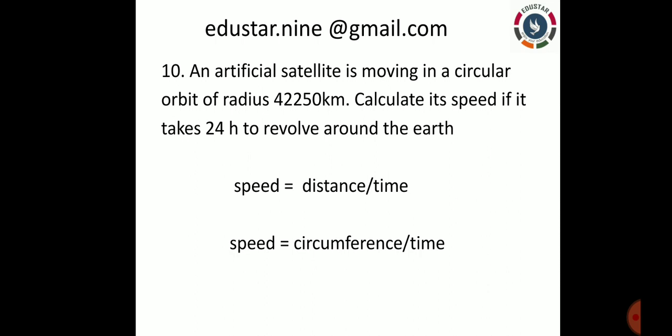So what is the formula for circumference? 2 pi r. Substitute there and divide by time. So 2 you can substitute, pi you know the value 3.14, substitute that, and r is nothing but radius. Just substitute that and find out the answer by dividing. Okay, you will get the answer. Write the answer in kilometer per hour as the unit. Okay, no need to change the kilometer into meter and hour into second, because both are given in proper units. So you just use it as kilometer per hour.